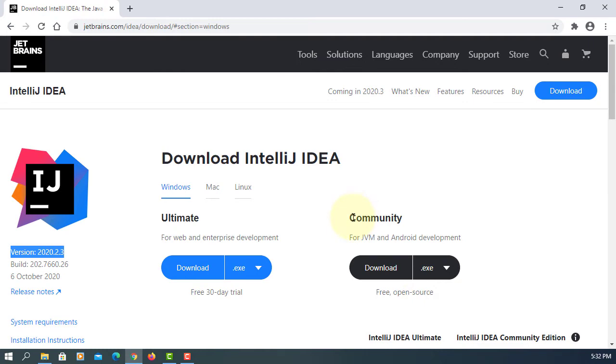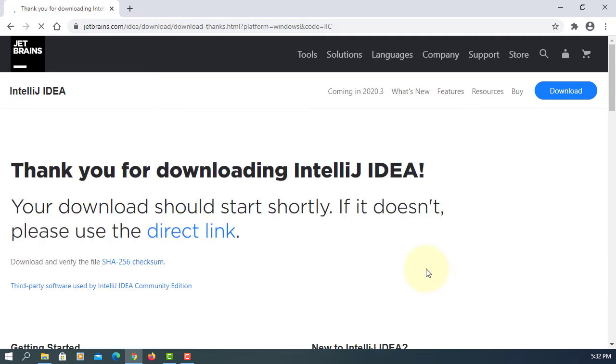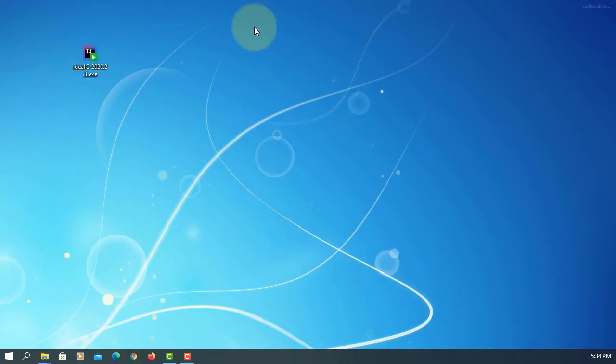We have a 2020.2.3. I will download Windows EXE version. Okay, seems like it will take about 4 minutes to download. Okay, once you download it,